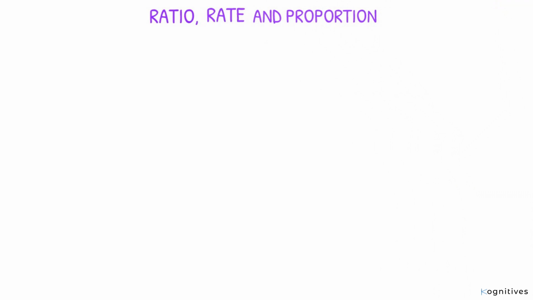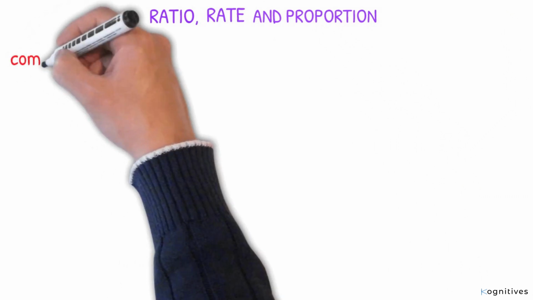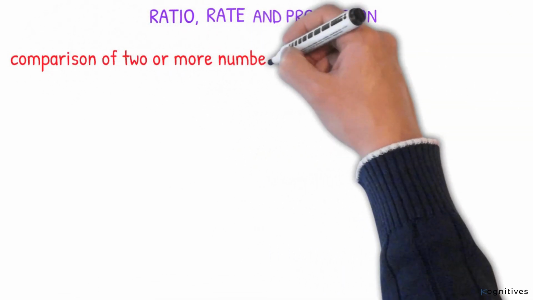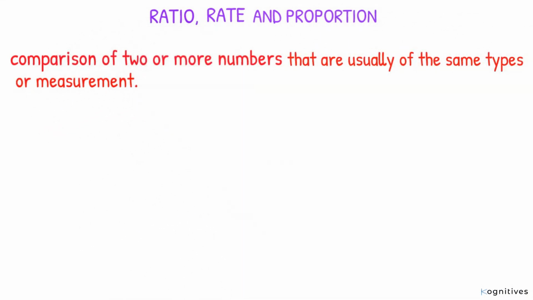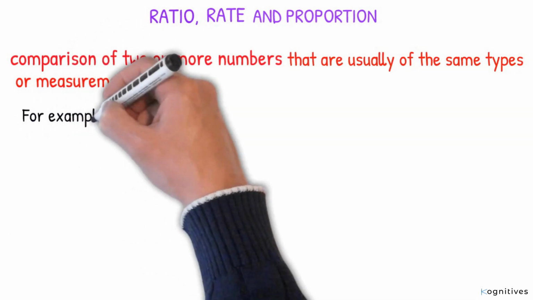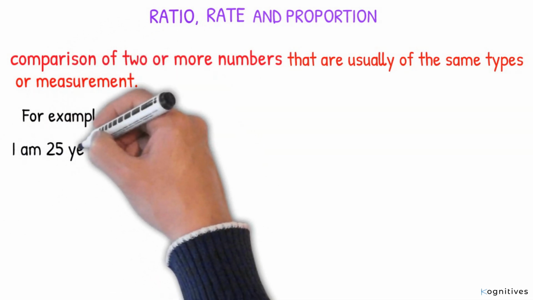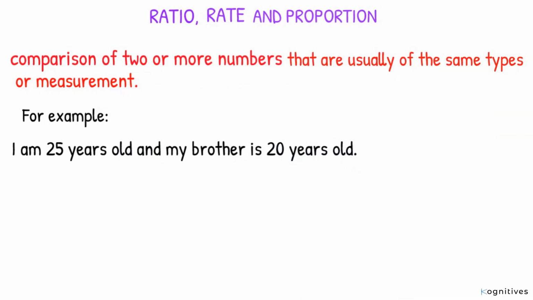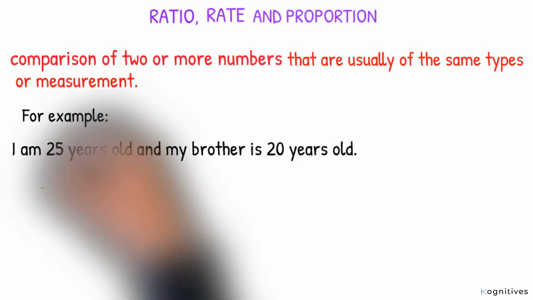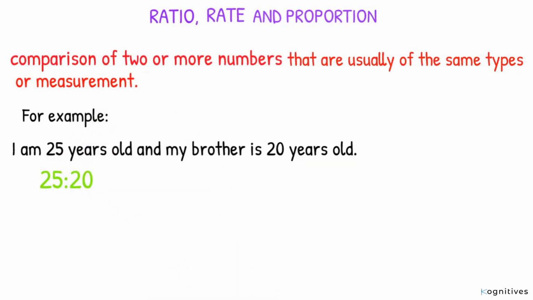Now this brings us to the next topic: ratio, rate, and proportion. A ratio is a comparison of two or more numbers that are usually of the same types or measurement. For example, I am 25 years old and my brother is 20 years old. The ratio of my age to my brother's age is 25:20, which is read as